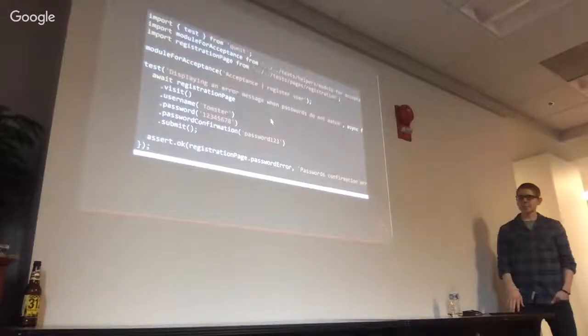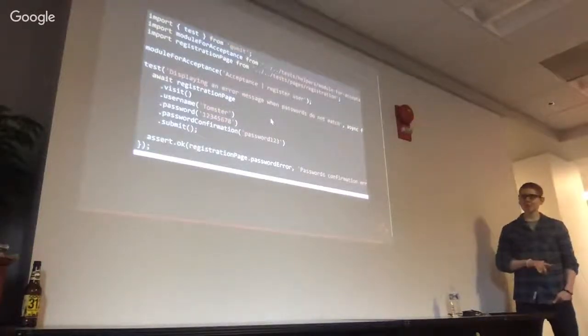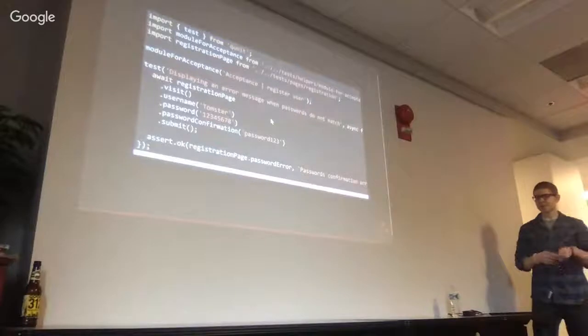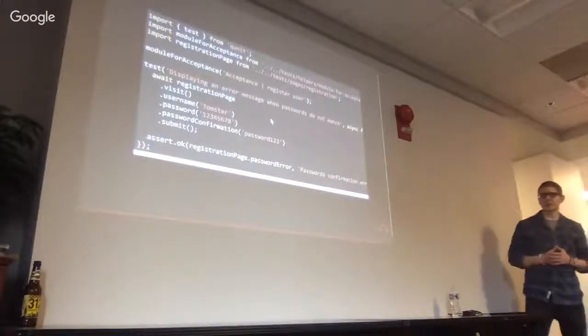And then where each of your acceptance tests might have looked like that one object that I showed, your acceptance test can look something like this, where you're using a chainable API to just fire off different functions: visit, username, password, submit, in a really clean syntax that is, again, I think it's a bit of a cognitive shift if